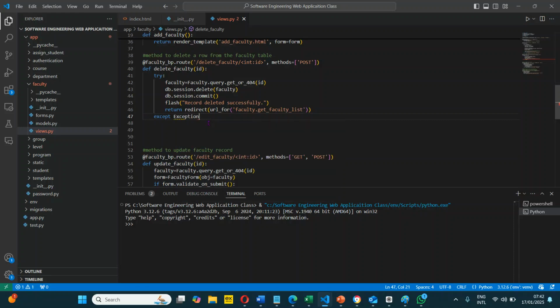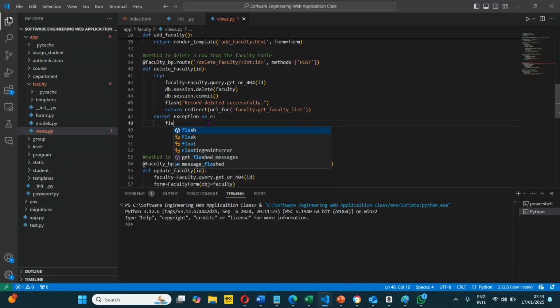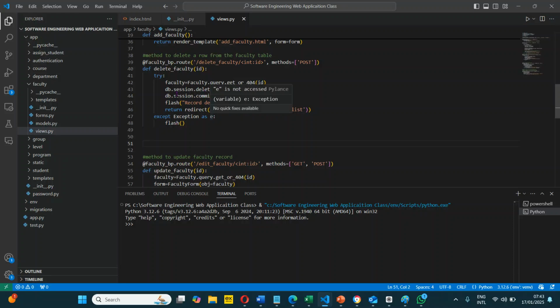Let's call it as E. At the end, I want this to return. Now, I won't return the E, because if I return the E, you are still exposing the sensitive information. So what I would do here is